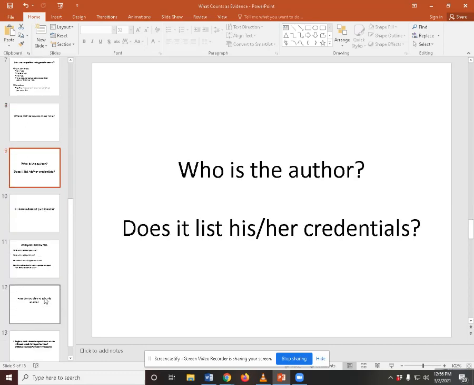Make sure you seek out someone's credentials, and it's an easy Google search. You find an article you really like, she or he does not state their credentials on the topic. A simple Google search will help you solidify